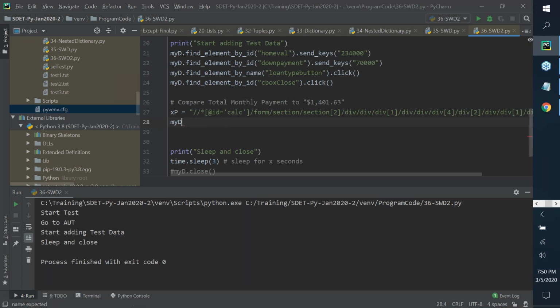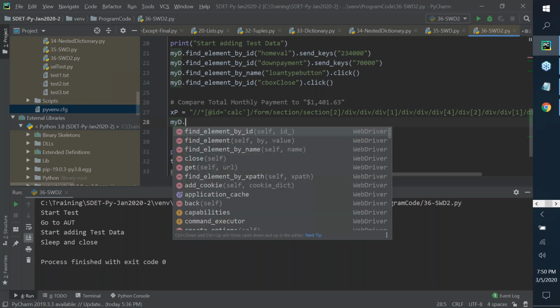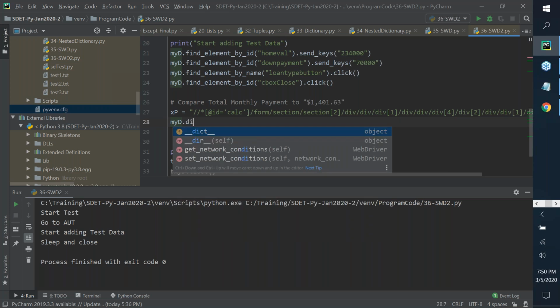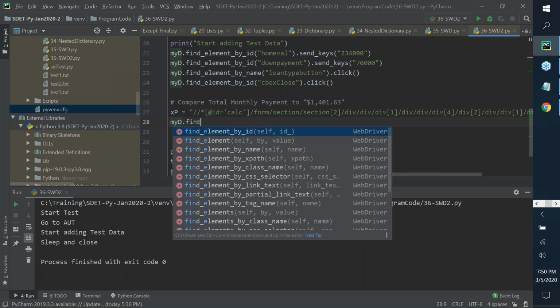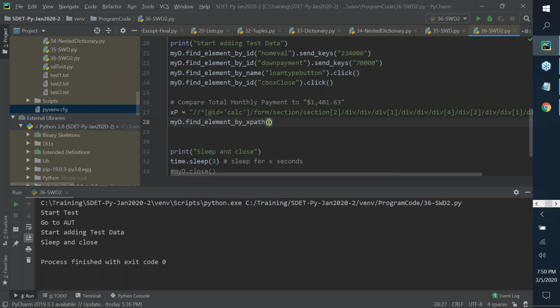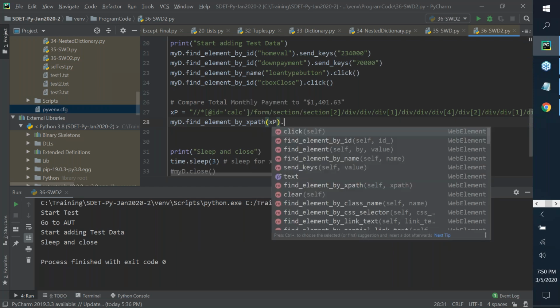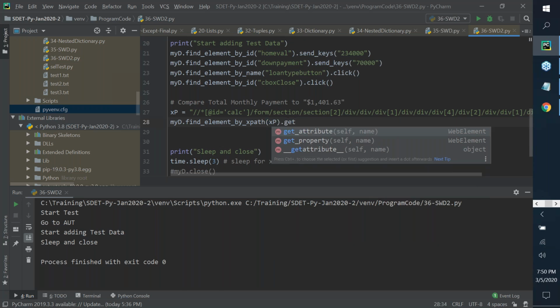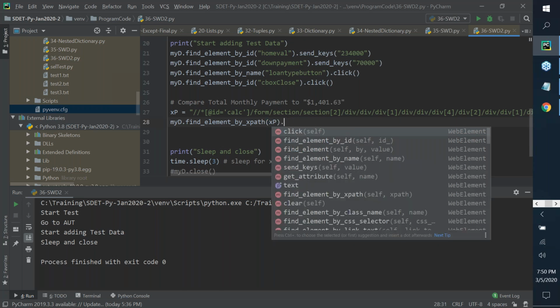Come on, it's an XPath, team. You just have to say find element by XPath and give the value. It's there in this. Once I do it, what I'm going to do is I want to get the text from it. So maybe dot text